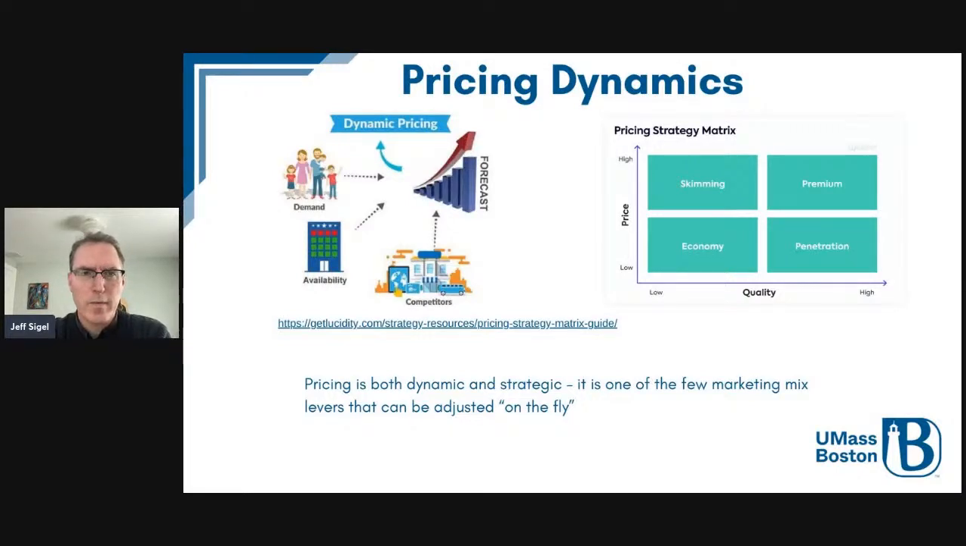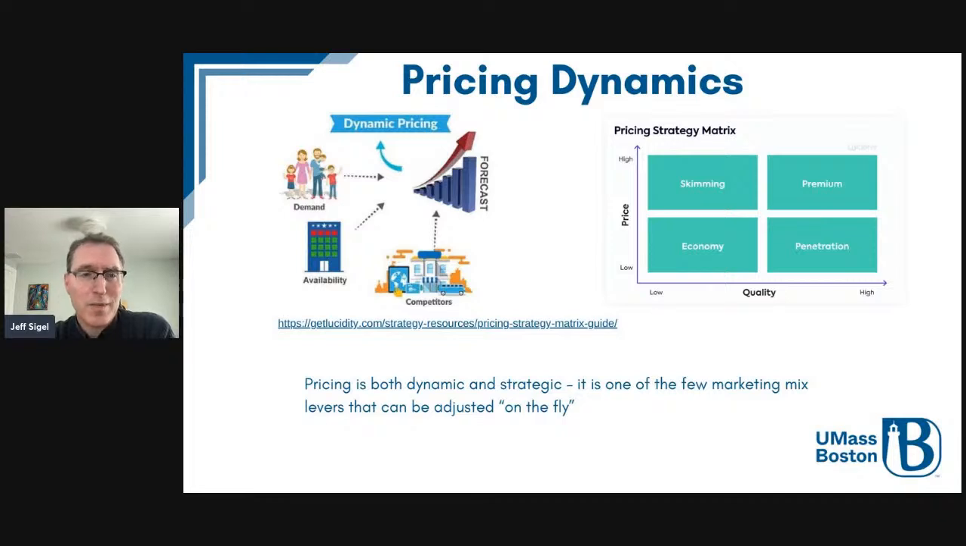So last time we talked about pricing from a strategic perspective, and we talked about the different types of pricing strategies. So we talked about cost-based pricing, competitive-based pricing, value-based pricing, and then we talked about the idea that in reality, pricing is often a combination of those factors, because for most products you do